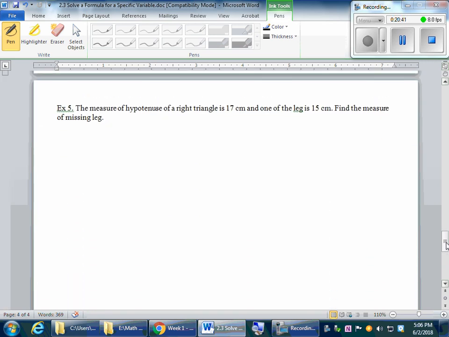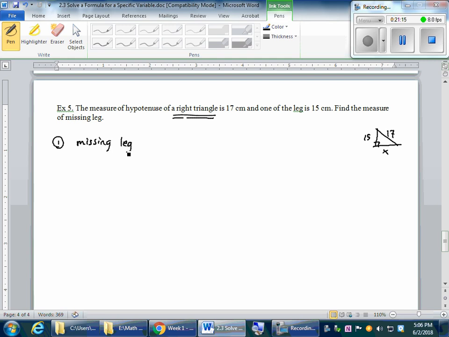Finally, it tells you the measure of the hypotenuse of a right triangle is, this is important, the right triangle is 17 inches and one leg is 15 inches. Find the measure of the missing leg. So we are looking at this kind of situation. Okay, here's a right triangle and the hypotenuse is 17 and one leg is 15, the other leg we don't know. So my first step will be